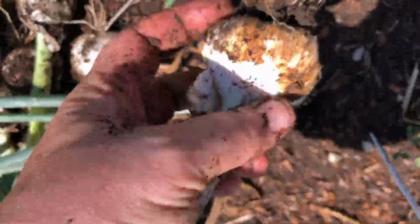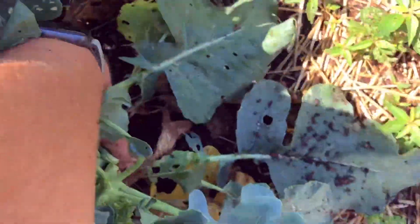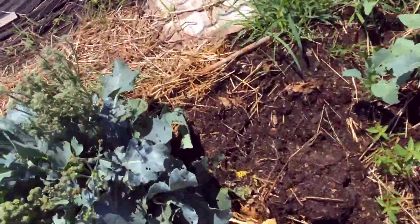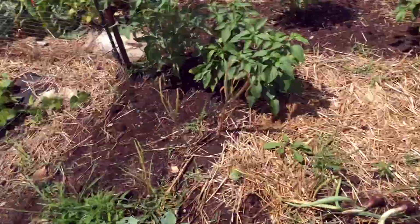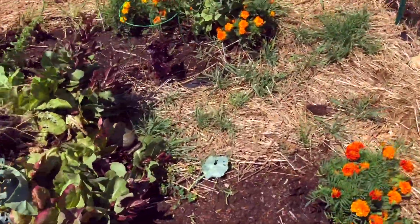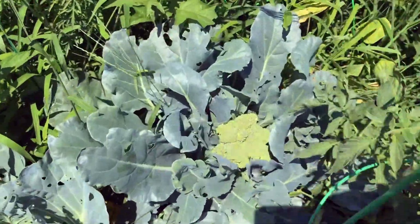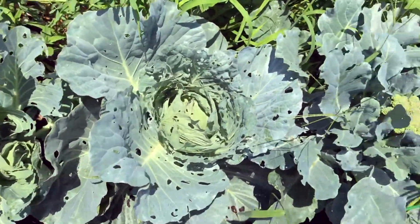That's a nice head of garlic, huh? Broccoli definitely needs to come up. Create more space. Again, I'm not going to be in a rush to throw something out here, but I was out here last week weeding all this. Got some broccoli, some cabbages that the bugs are going after,